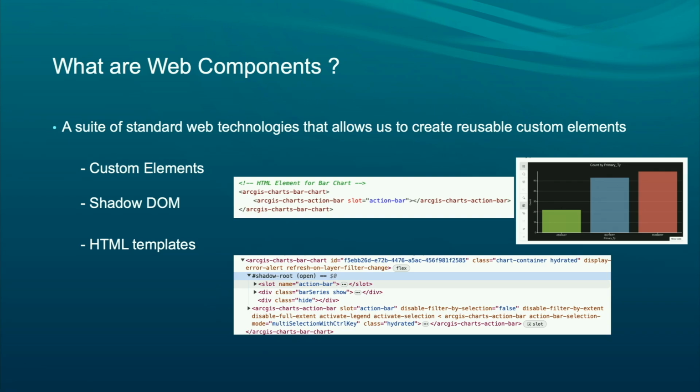The third technology is HTML templates, which comprises the template tag and the slot elements. We don't use the template tag that much, but we do leverage the slot element. You can think of a slot as a placeholder inside a web component that you can fill with your own markup. For example, in the ArcGIS chart bar chart, there is a slot called action bar, which you can fill